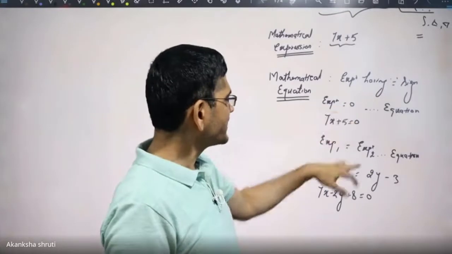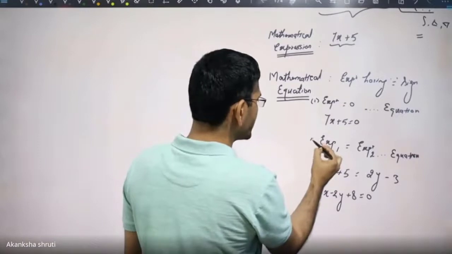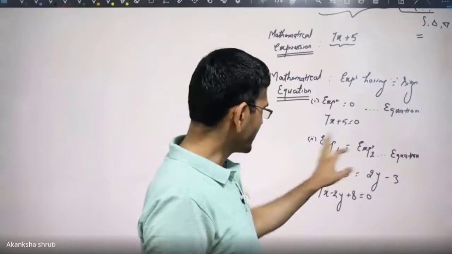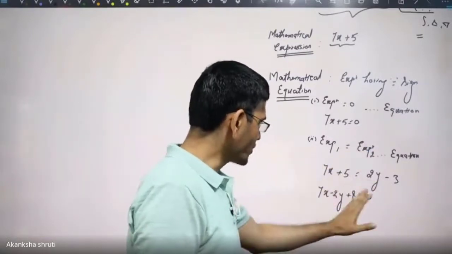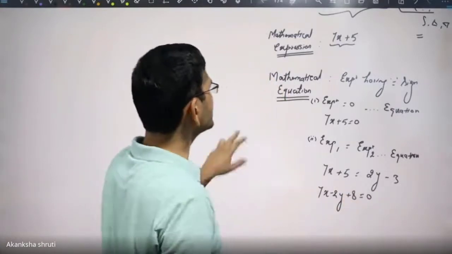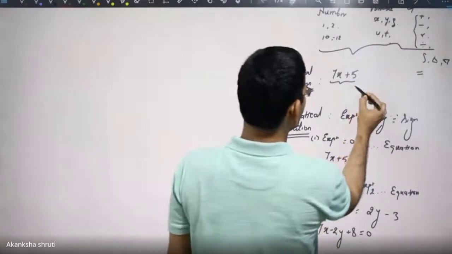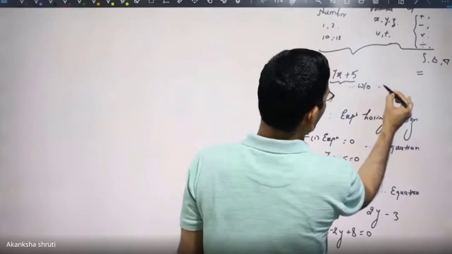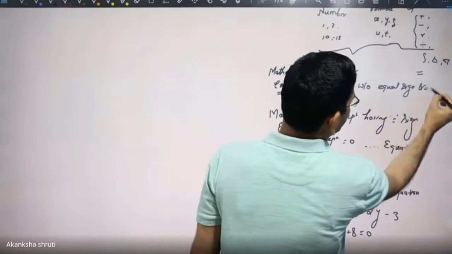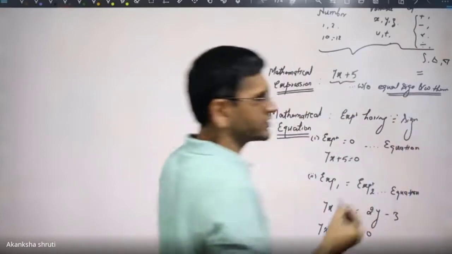But this expression equated to 0 may be derived from the other condition when the two expressions are equated. Correct? While expressing this, all of them can be brought on the left hand side and a single expression equated to 0, in that form we may convert it. Okay, students? So keep in mind, a mathematical expression simply means it is without an equal sign between them. Keep this in mind, because our children get confused here.